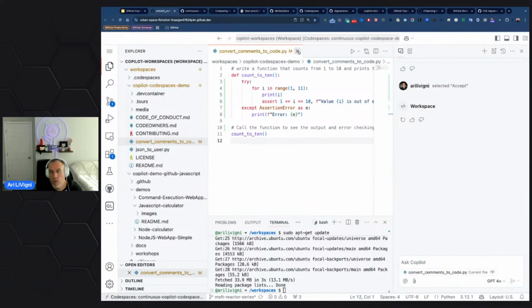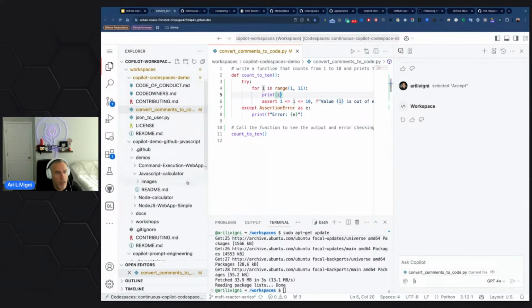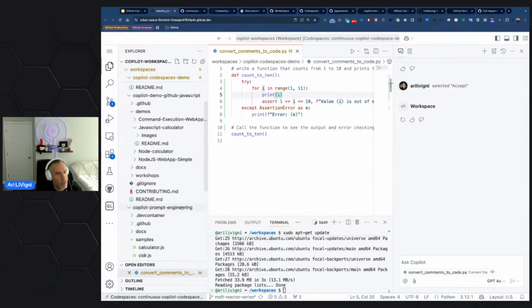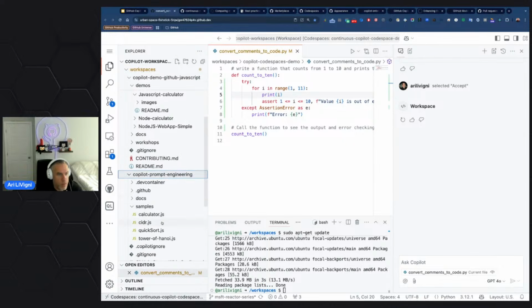So that kind of rolls through, I think, a lot of the features that you can do in some of the commands, both with chat participants, with slash commands, and also the chat variables as well. I would say another great thing to highlight, that if we wanted something that was maybe a little bit more comment development, as we call it, if we wanted to come here